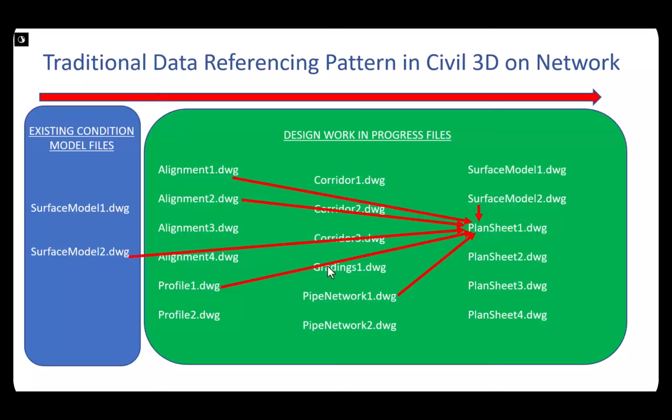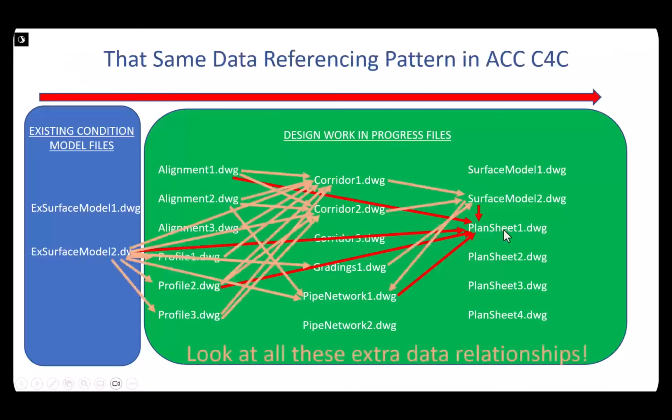So for example, I'm showing a pipe network 1 drawing that's referenced, that's derefed into the plan sheet that we're looking at, right? However, that pipe network drawing might have surfaces, alignments, even profiles that could be derefed into it, right? And so if we look at how